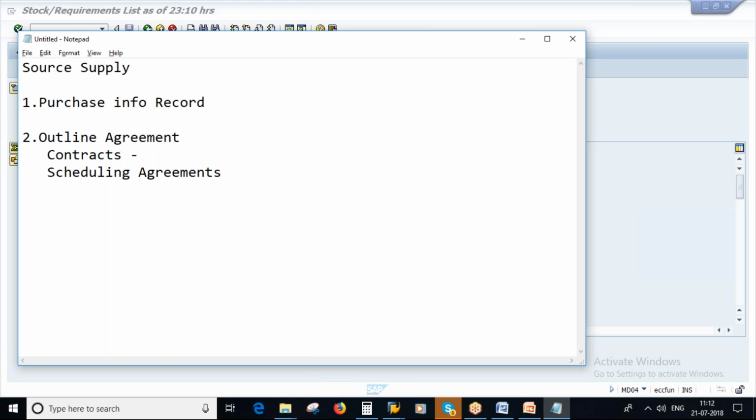Again, in contracts you have 2 types. One is quantity contract. Another one is value contract. This we already created, value contract. So this one we have. Okay, so with this we are done with the